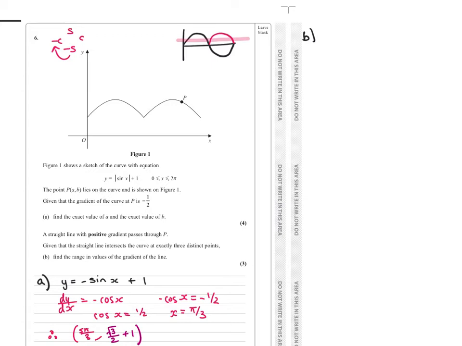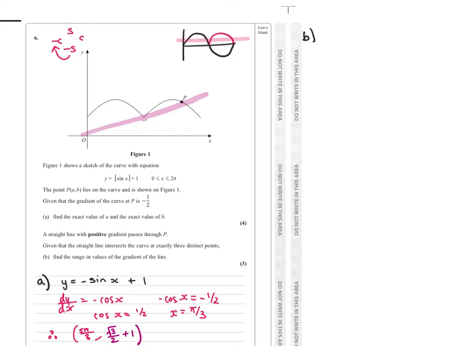if it's got to intersect at 3 distinct points, if I was to draw this line here, it's a bit of a wonky line. I'm actually going to do it using the highlighter. If I was to draw this line here, and it passes through P, but it just touches here, we know our gradient is going to have to be steeper than that line. But our gradient is also going to have to be less than,